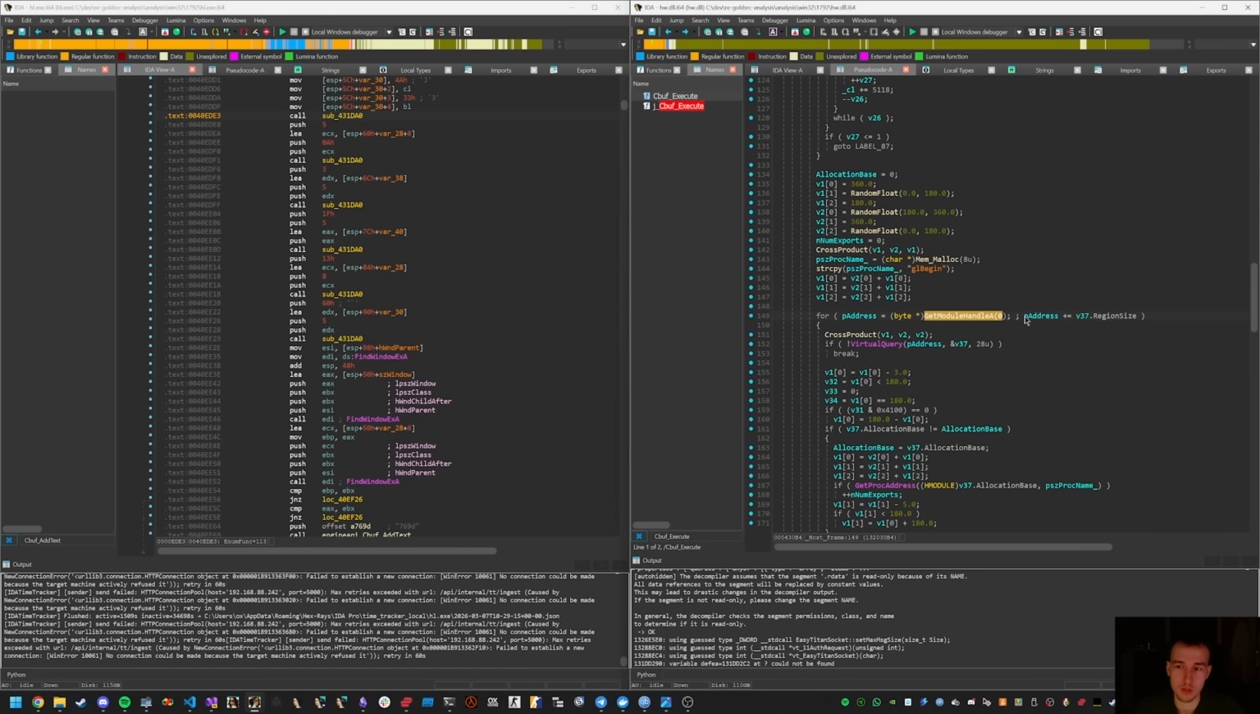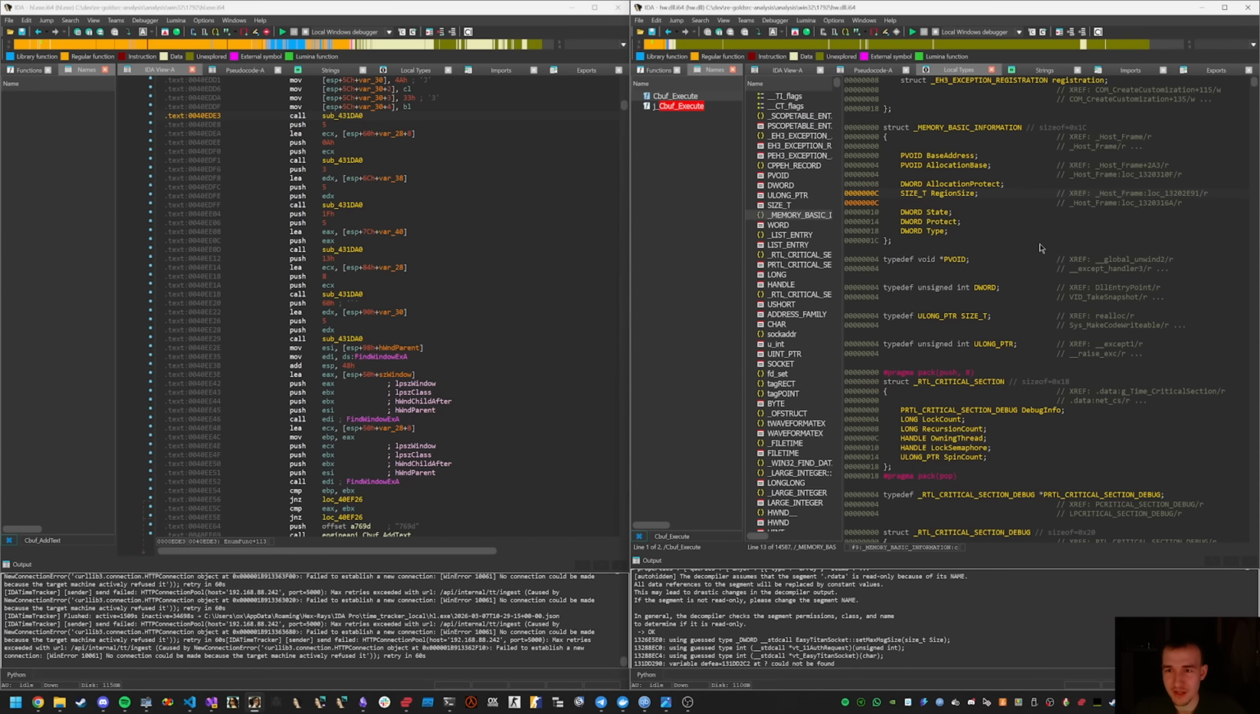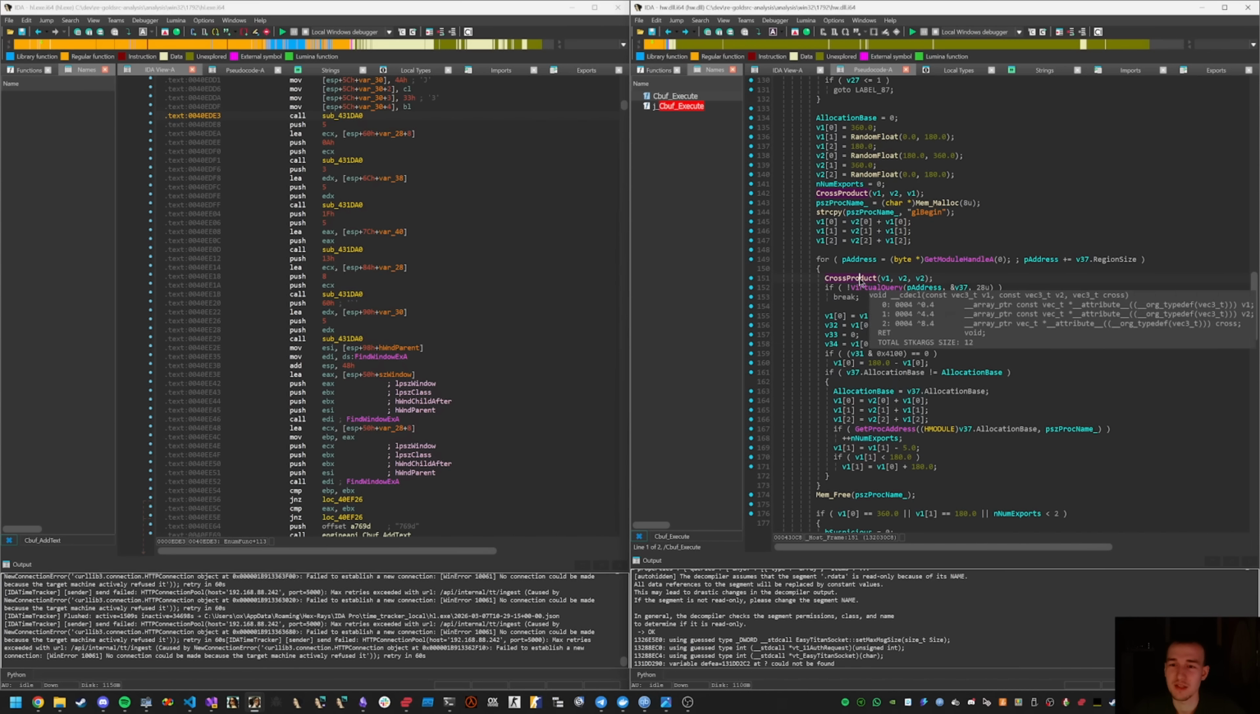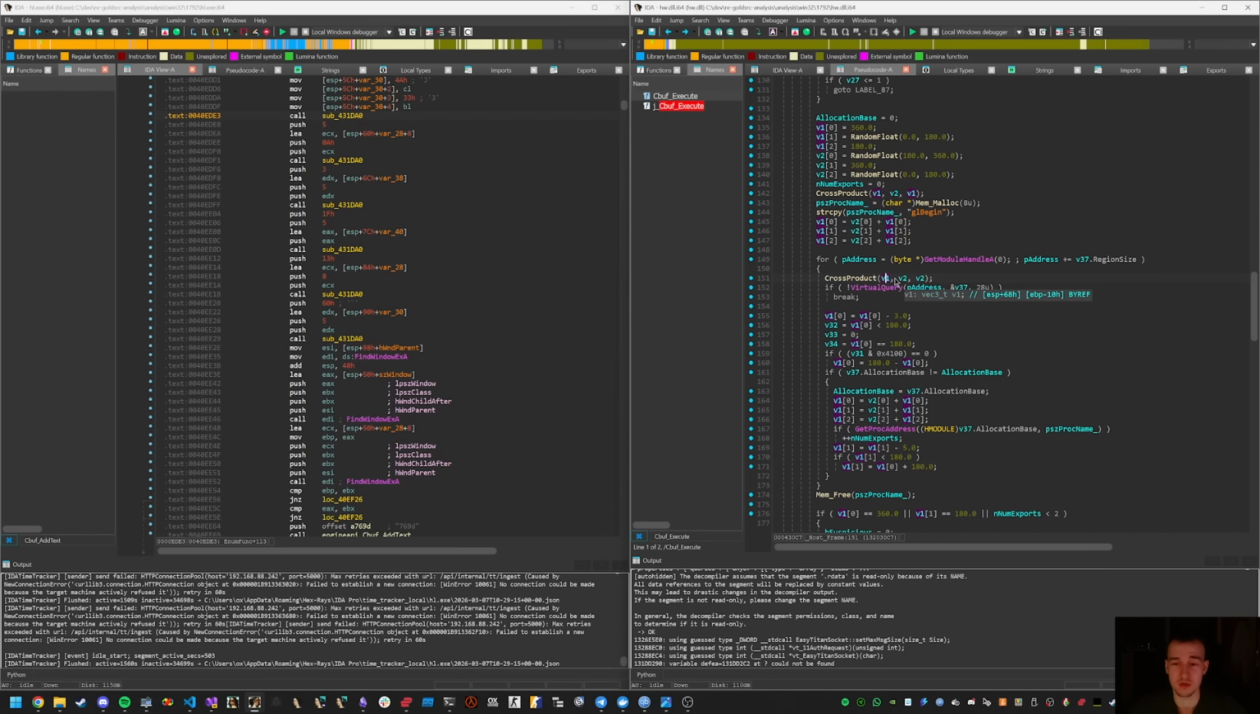So it gets the current module. It iterates over pages in this module, I guess, and it queries for the page flags, let's say, and it does a cross product there. I'm not sure. I haven't actually reversed this code yet, but again, you can see some kind of other anti-cheat